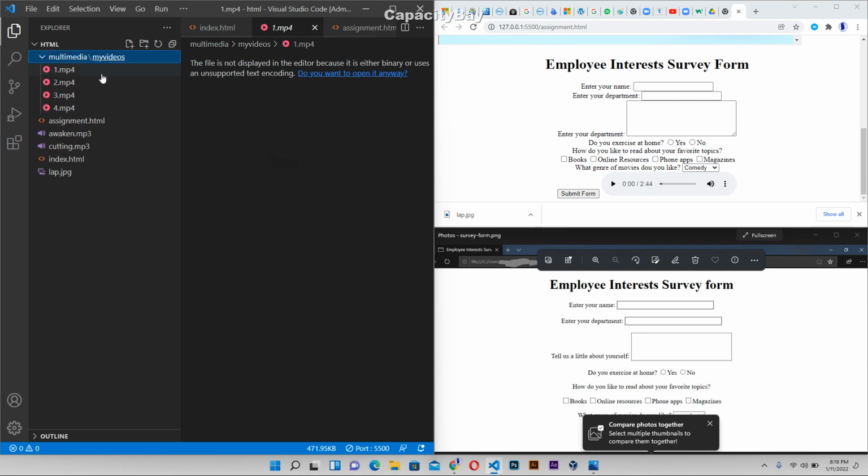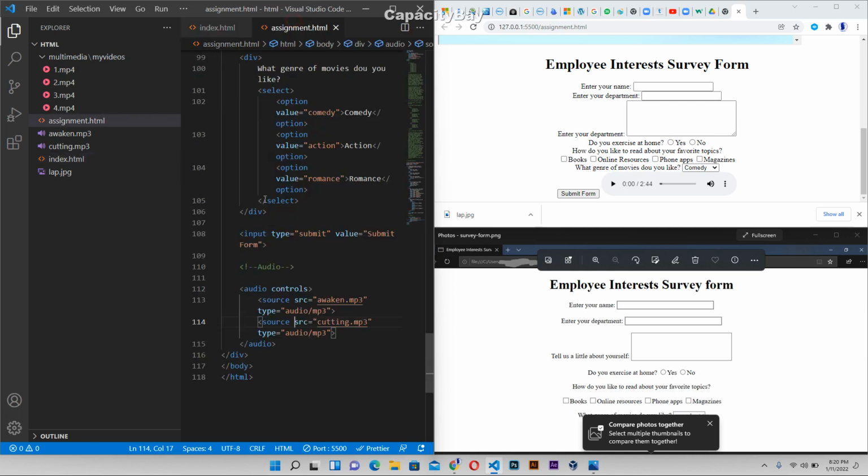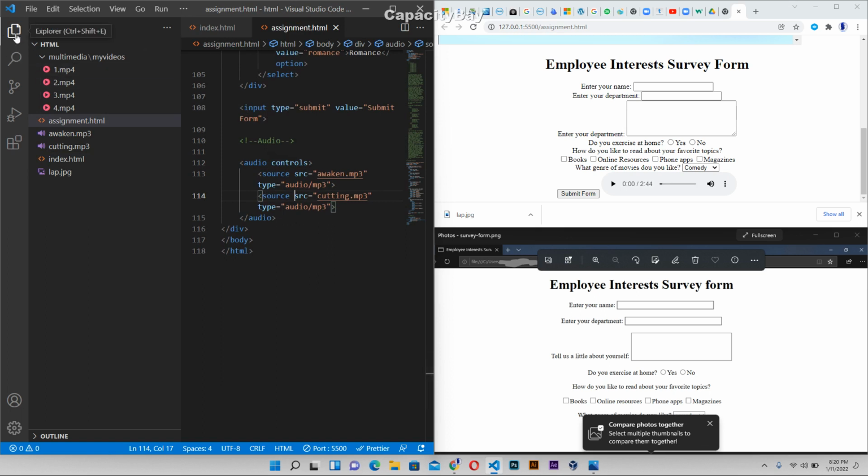Okay, so I have multimedia folder, which is in the same directory with my assignment.html, and I have my videos folder inside, and then I have videos inside that. So with that, I can go ahead and create 4 video elements to view your video file in your browser. So go ahead, and I'm going to collapse this,